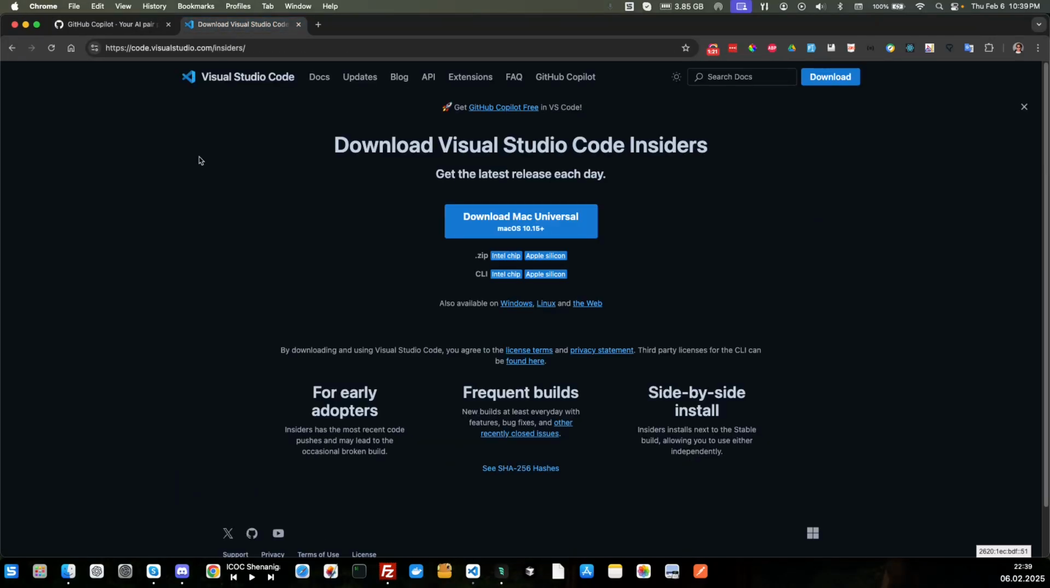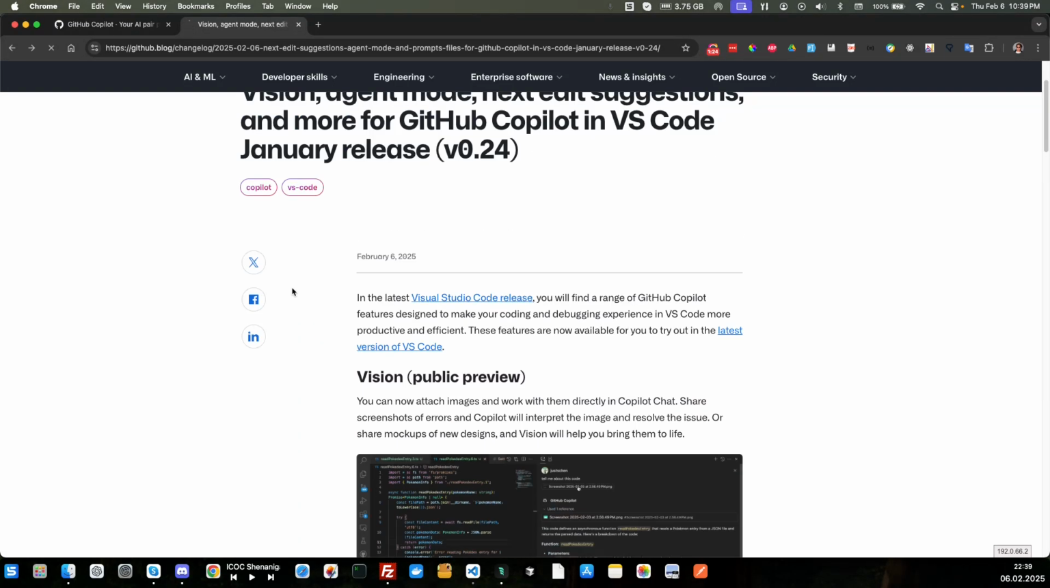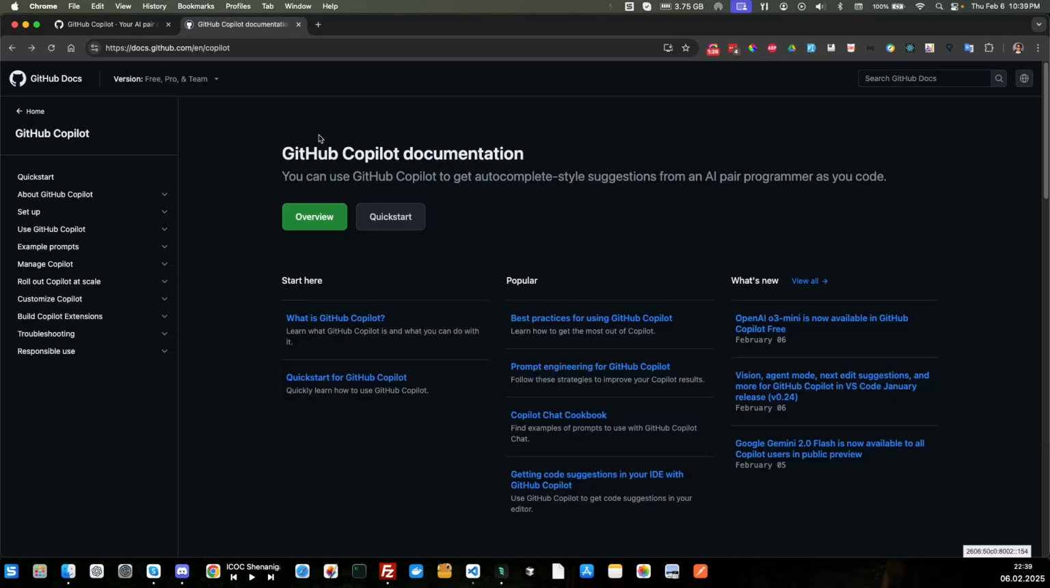There's also over here, so let's go back. I want to go back to where I was here. Here's the documentation. So you can go and look at the documentation if you want to know more about GitHub Copilot. What's new? So they did today release the OpenAI o3-mini, and then also they've got this new Vision